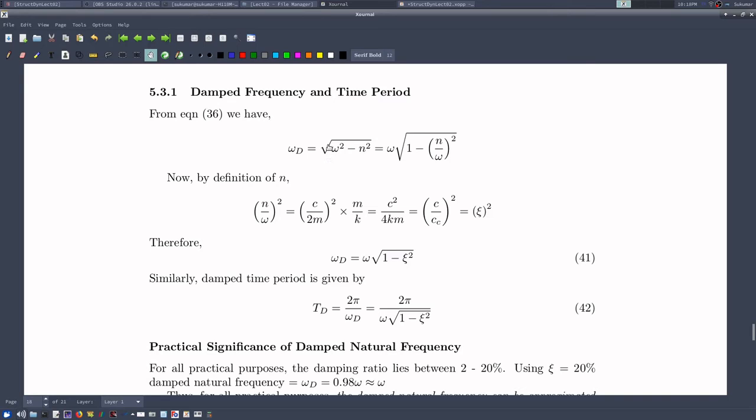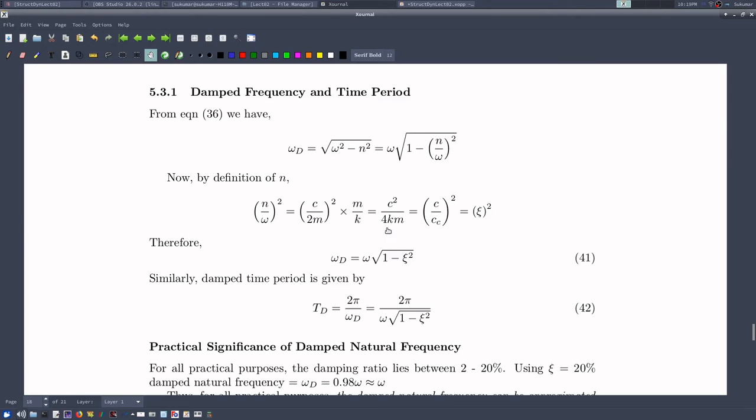We have found that omega d is this, and now I am taking omega square common from here, so that outside the root over sign it becomes omega, and then I get 1 minus (n by omega) whole square. If I put the value of n, c by twice m, whole square into omega divided by omega square, multiplied by m by k, then after simplification I will get that this quantity is nothing but c by cc,